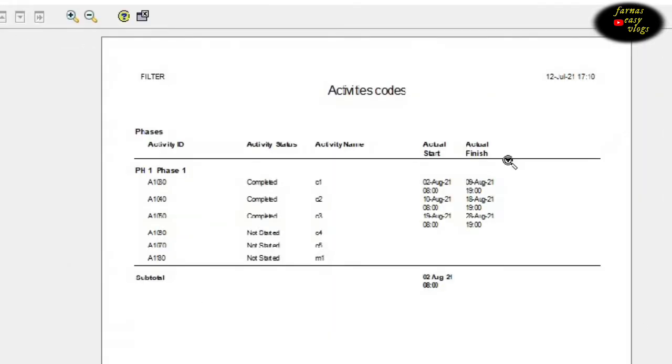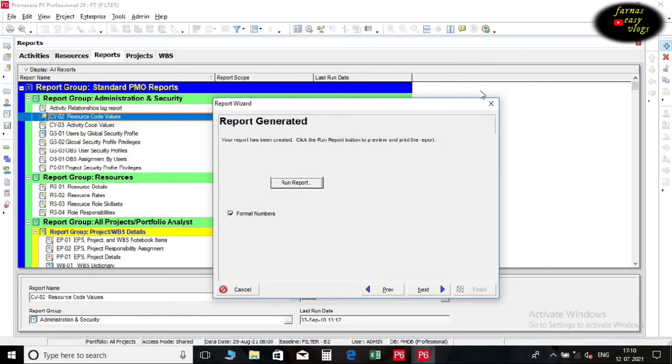By filtering, we can see only the report of particular phase in the project. Finally, save the file.